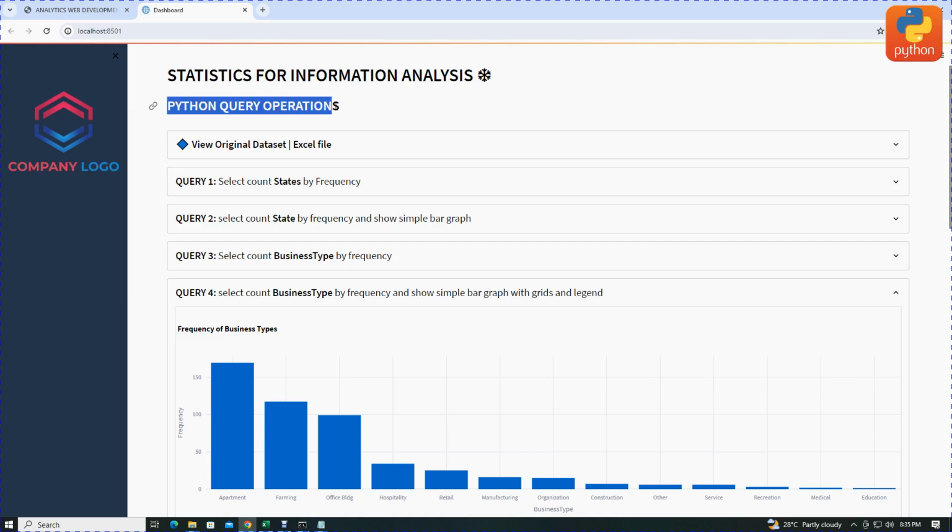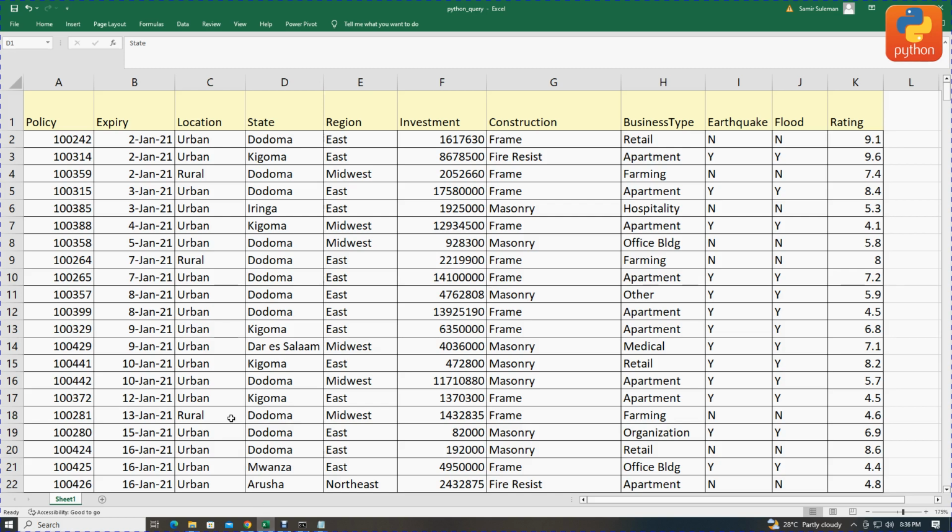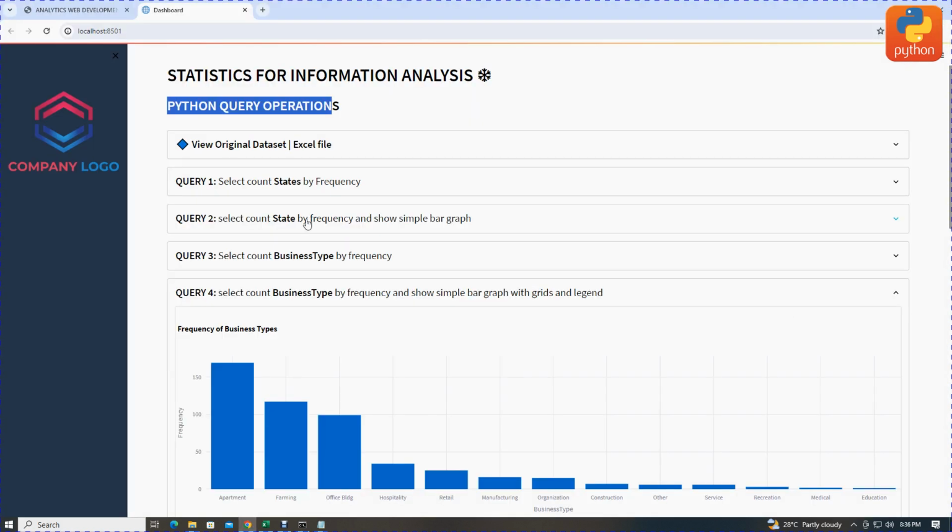Okay, tuone Python query operations. How to write a query to fetch data from an Excel file kwa kutumia Python programming language na Streamlit open source library ya Python. Just kutengeneza simple web application kufanya statistical analysis. So hizi data set zipo kwenye Microsoft Excel na column ya police, expire, location, state, region, investment and so on. Hizo ni columns. Just write a query to fetch data from an Excel file na kutumia Streamlit library ku visualize output za query